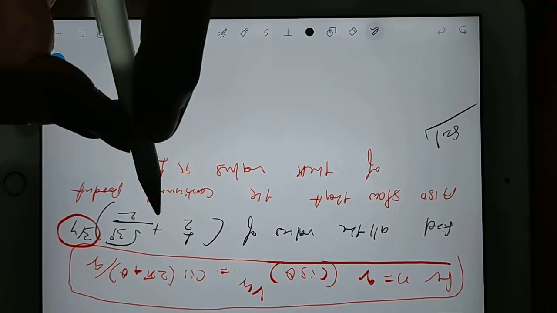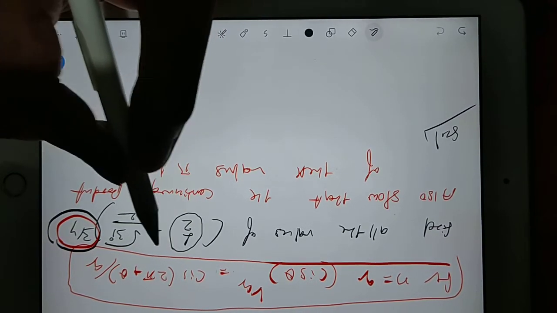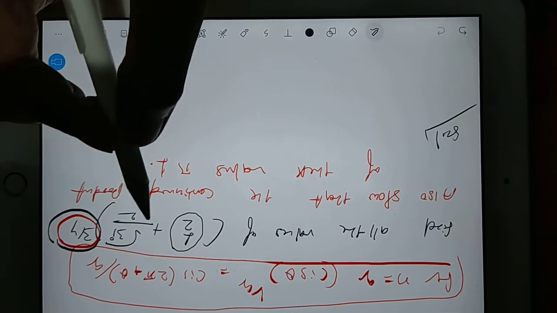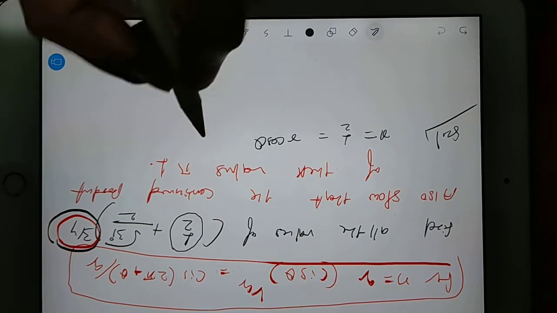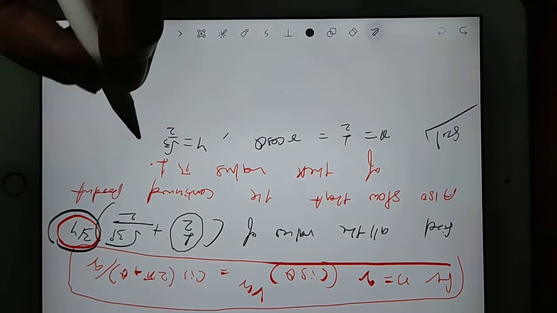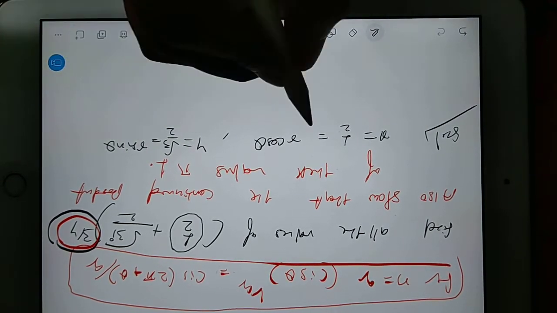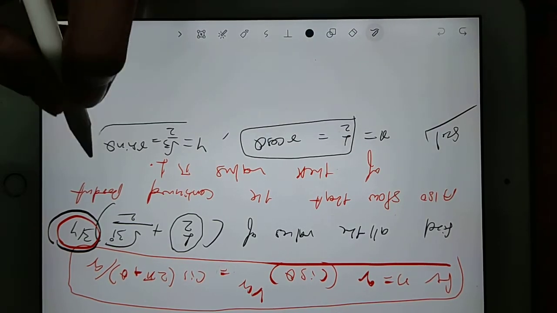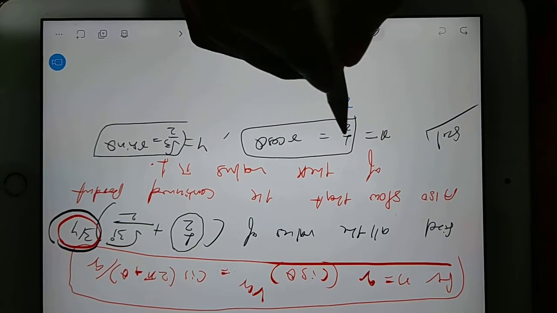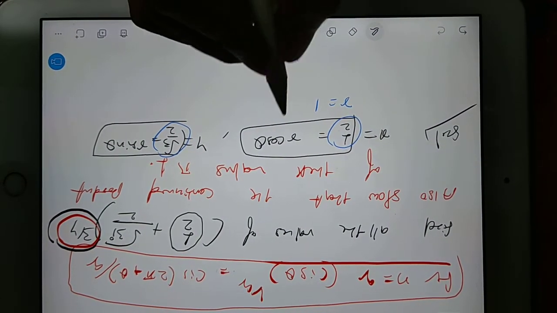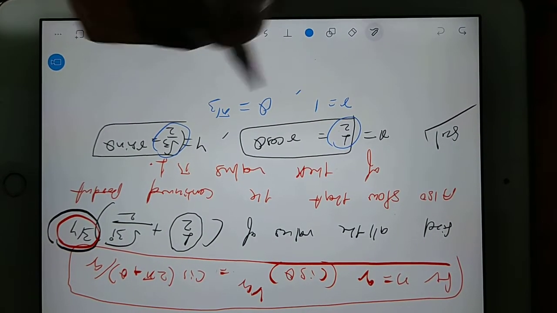because we have to reach the value of 3 by 4, and this is your x value and root 3 by 2 is your y value. So you can say your x is equal to 1 by 2, equal to r cos theta, as we used to consider, and your y value is root 3 by 2, that we can consider as r sin theta. With the help of these statements, just now we understood how to find the r value. So r is under root this square plus this square, so that will give you 1. And theta is tan inverse y by x, so that will give you pi by 3.